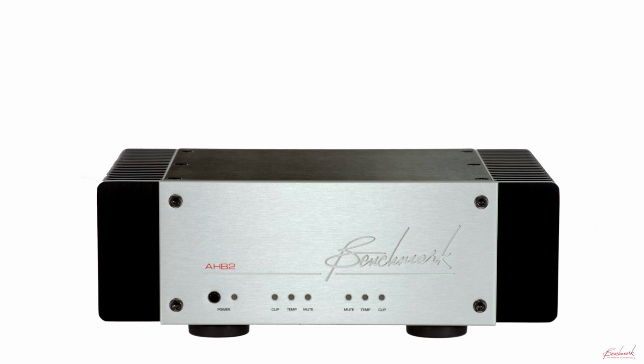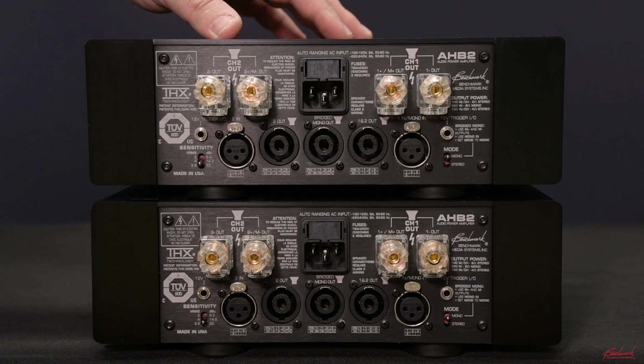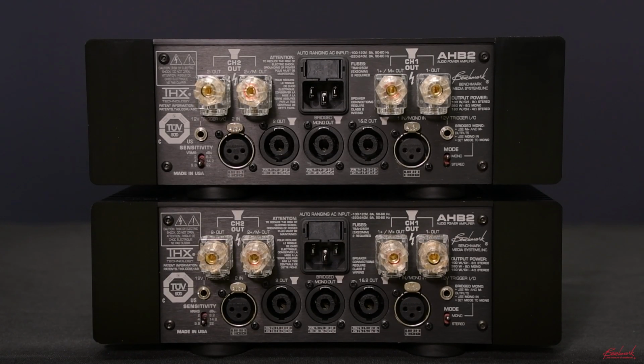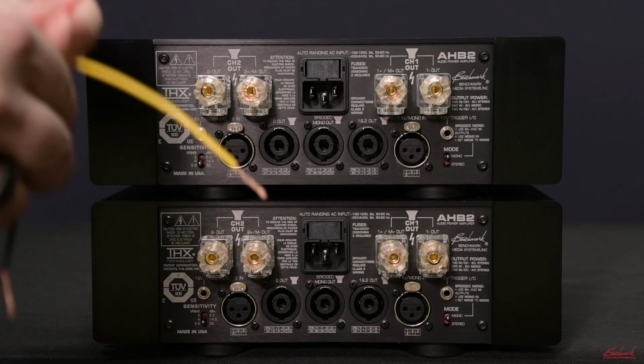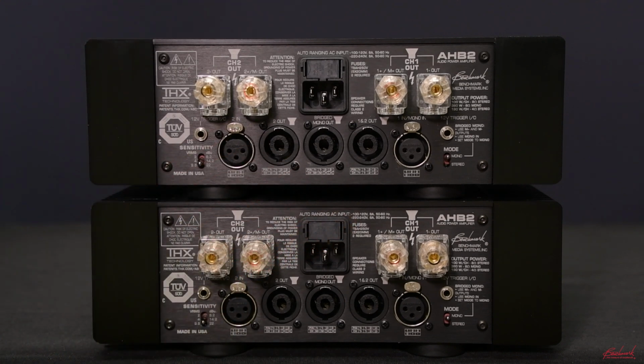This next setup includes 2 AHB2 amplifiers in mono mode feeding 1 REL subwoofer. You'll notice that I stacked the AHB2s. If you don't stack your AHB2s, then it may be necessary to extend the red wire. And remember, do not make any connections to the M- binding post. So first we're going to connect the yellow wire to the M+ binding post on the left